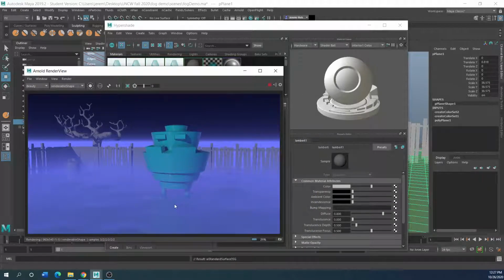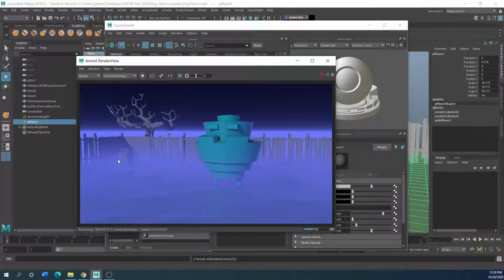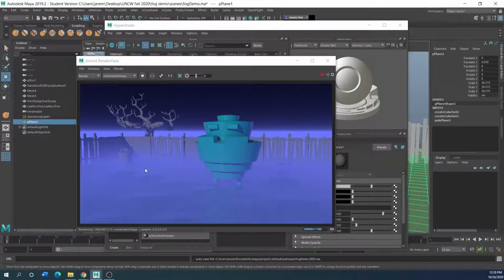Yeah, so now you can see the reflection of it. Kind of looks like a swamp there. He's standing in there. It's giving off a little reflection though, which I don't really like. The only thing about the AI fog is it's not really affected by volume. You can't really use the atmospheric volume and the AI fog at the same time. So it's relative to what looks better with the